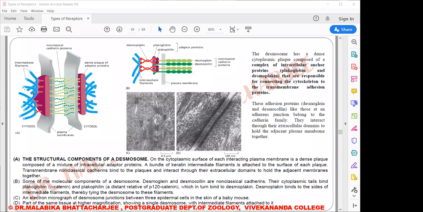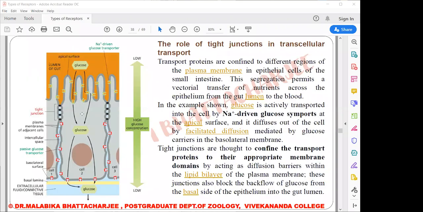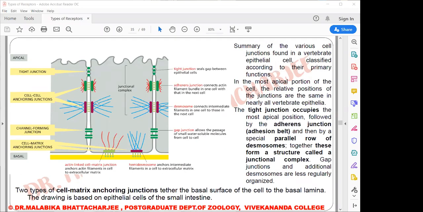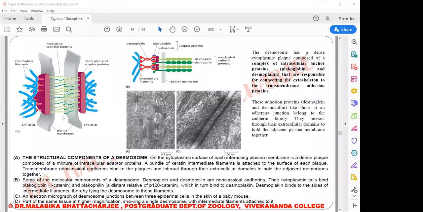As you can see, these intermediate filaments are the filaments present in the cytoplasm. If you remember, when I showed you the basic, very simplified structure of the desmosome, I showed you that these are the cytoplasmic filaments present on one cell, and this is the cytoplasmic filaments present on the other cell. So those blue rod-like structures are nothing but the cytoplasmic filaments. This is of cell 1 and this is of cell 2. Now, as I said, this red oxblood portion is made up of these two categories of proteins, the plakoglobin and the plakophilin.